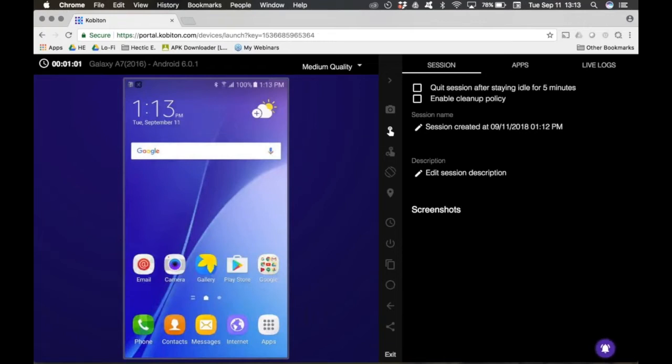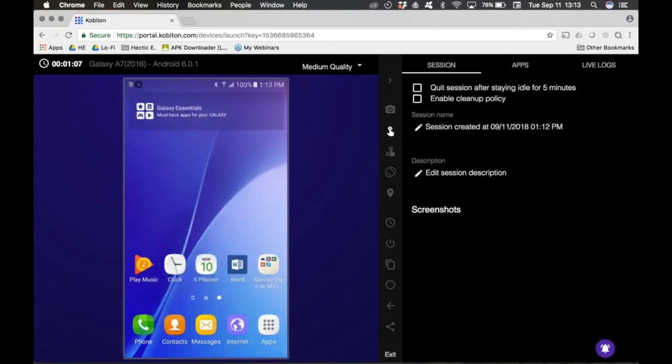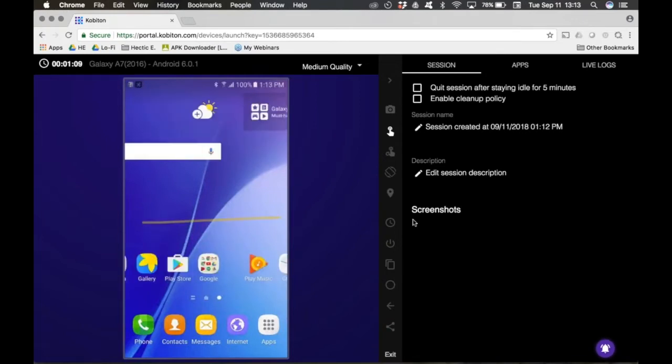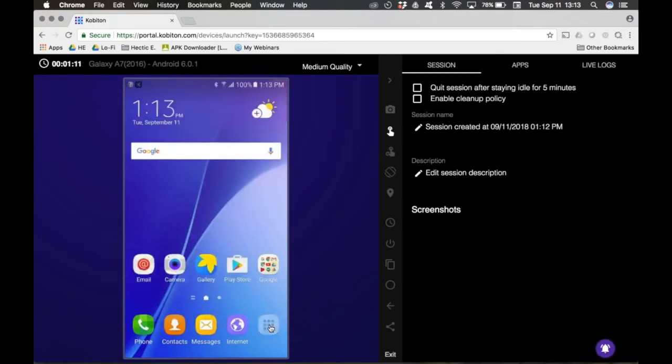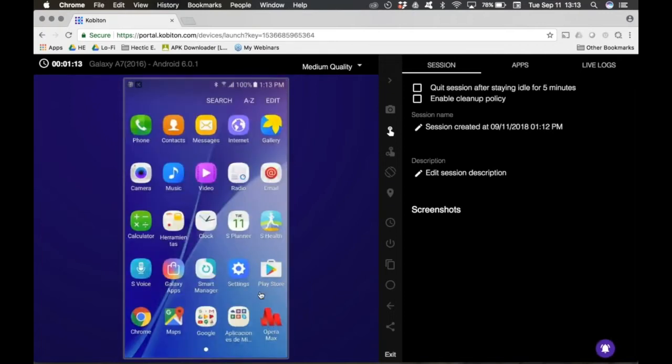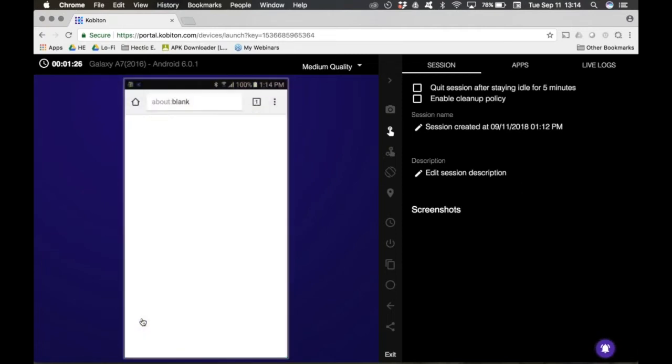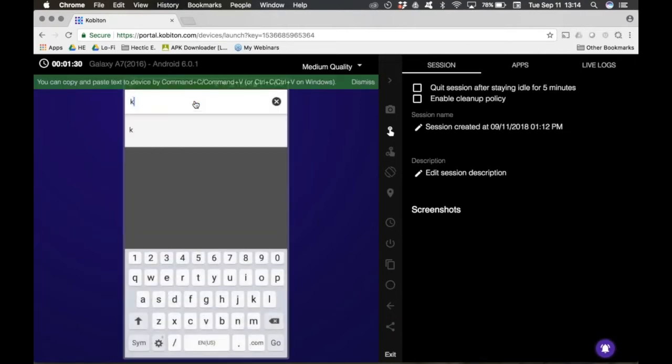Okay. And once you're inside the device, you treat it just as you would a device in hand. So if I click and swipe over, the device clicks and swipes over. If I click and swipe back, it swipes back. If I pop open apps and I want to go into one of these applications, I can do so as well. We also have some of the different hot buttons and things over here. But if I want to go in and say start a quick responsive web test, I can come in here and I can search for our